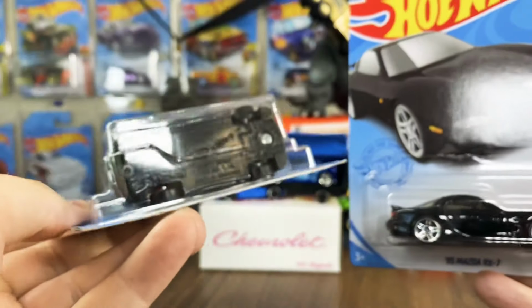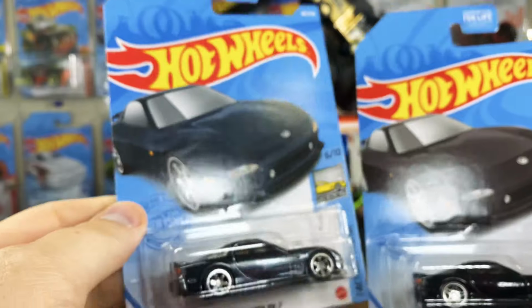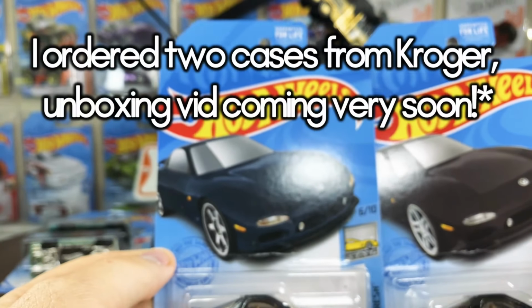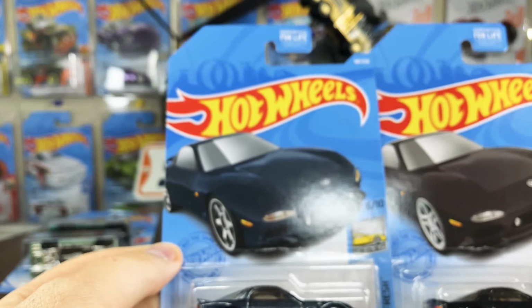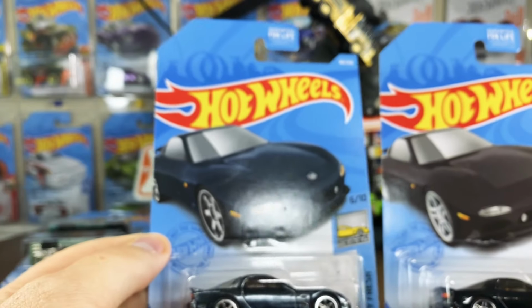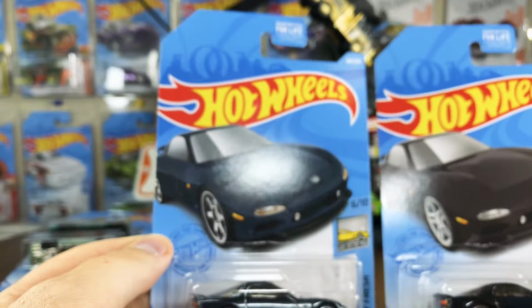I was going through a dump bin at Kroger. I knew that, and I was looking for the Kroger exclusive colors. I haven't seen those drop locally yet. However, I'm looking for the 2021 exclusive colors for Datsun, or not for Datsun, but for Kroger. But then I came across a C and D case mix in a dump bin, and as many of